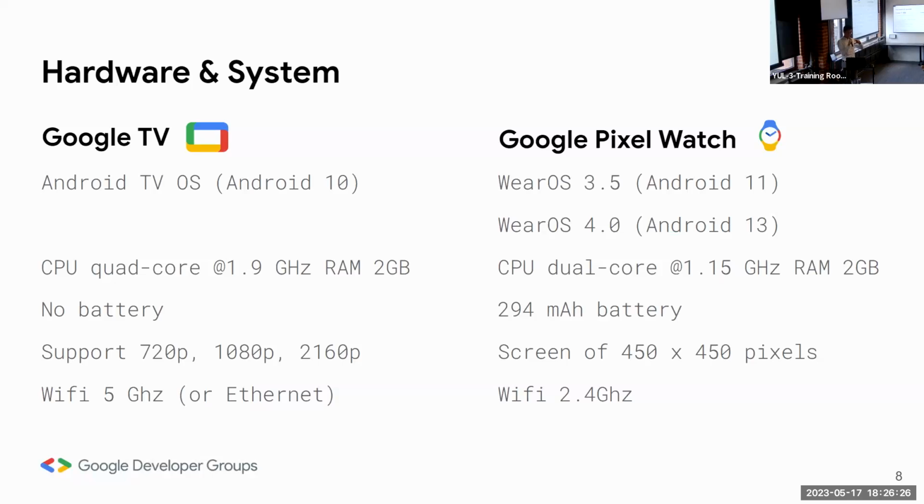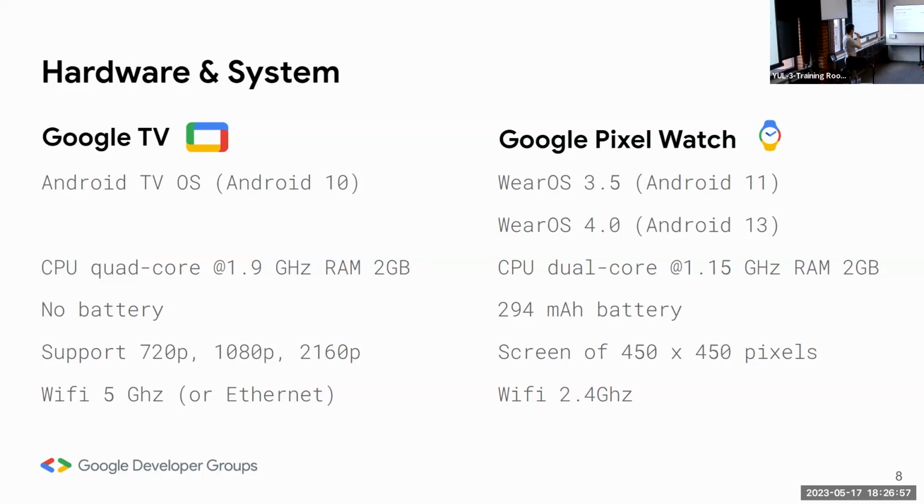So just to give you a context of what is a TV, what is a watch, it's actually a phone, but it has slower hardware. So for the TV, you have only 4 cores. For the Pixel Watch, you have only 2. It's based on old Android. It's not new like every year and stuff. So you will never have a problem with the API.